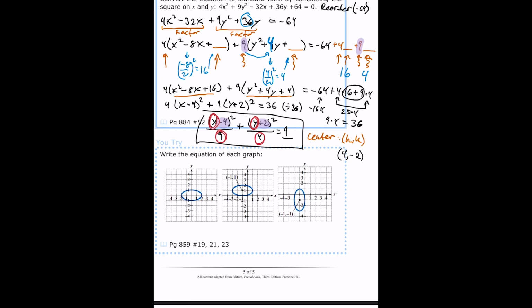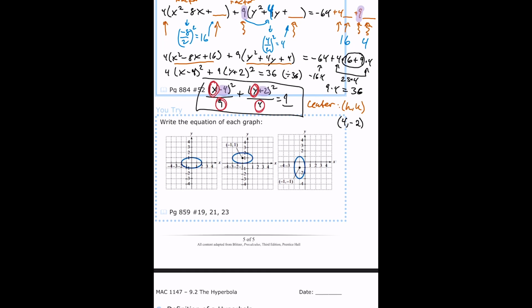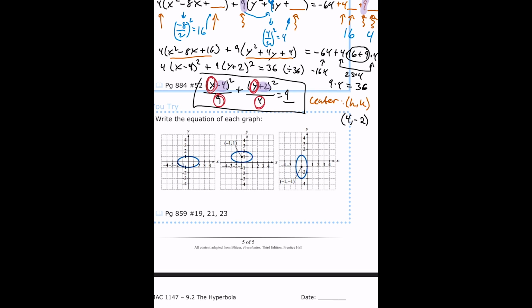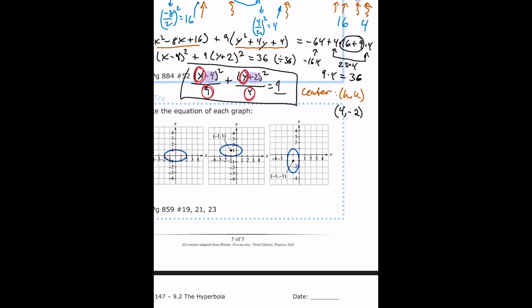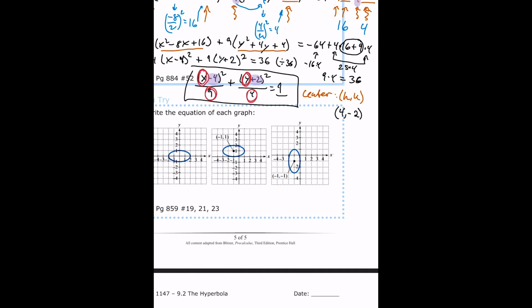And then the very last thing in this section of notes, they're asking us to write the equation of each of these graphs. I suppose we could do that. We don't really have enough room, but maybe, can I create more room? I don't know if that's helpful. Let's just do this one. I've got